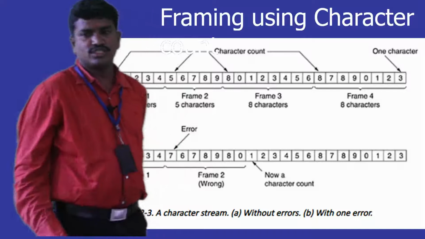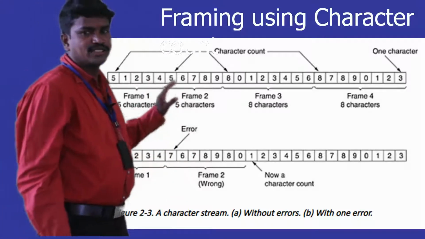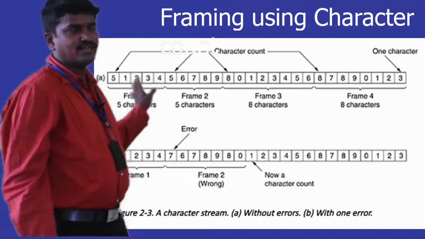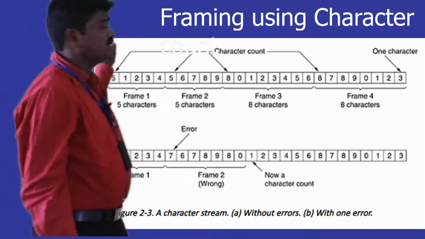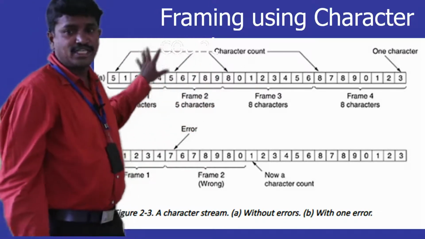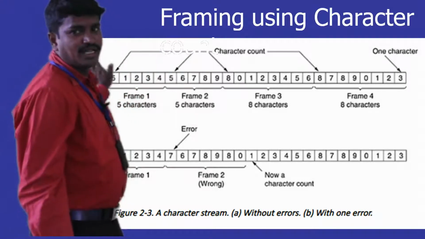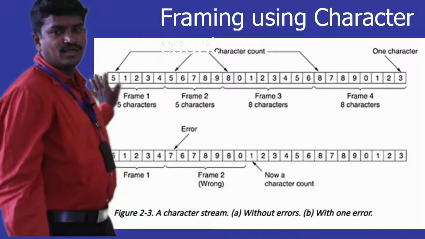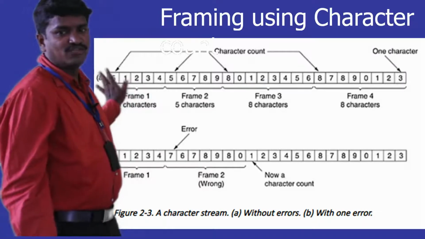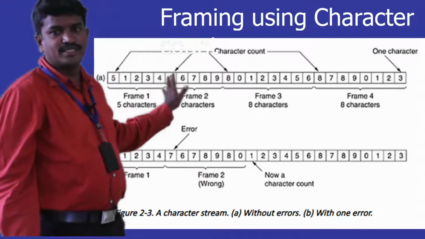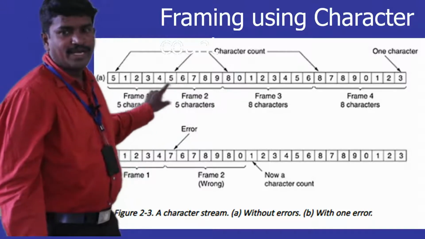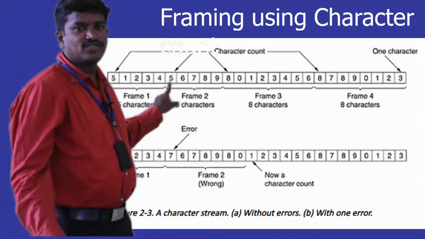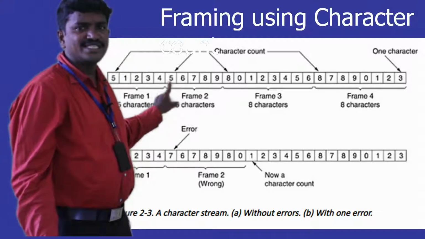So if you observe this one, we have already explained this in the last class. Now here by using character count method we have sent 4 frames, and each frame begins with the length of the frame. So let us say here it is 5, then frame 1 length is 5. Including this 5, it is going to count 5 bits and consider them as frame 1. And immediately we got 5. Then again the system will understand the next 5 bits come under the second frame.